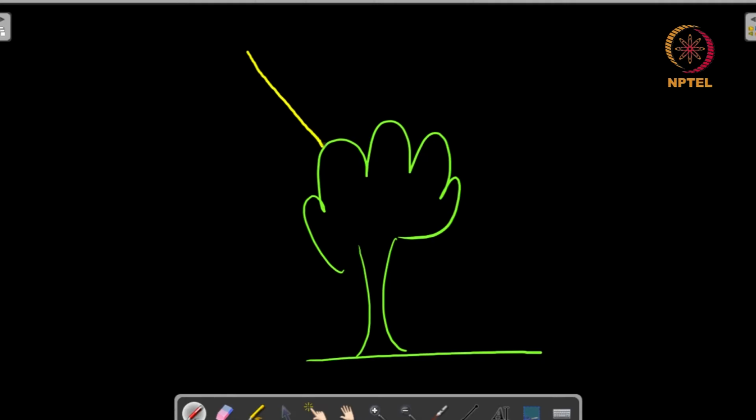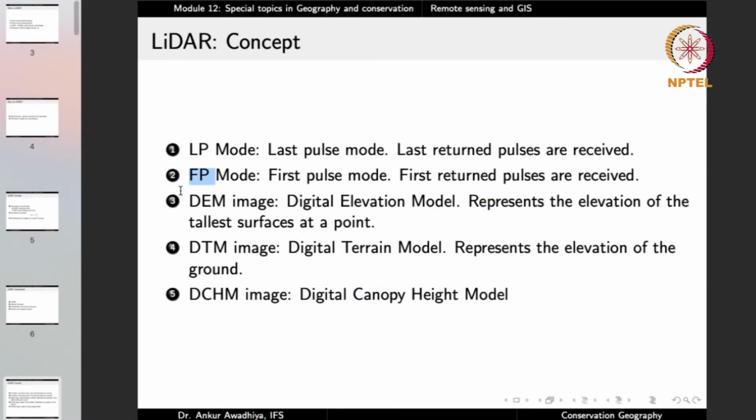Now the first return will be from this point where the pulse is interacting with the canopy, whereas there will be some amount of light that will be traversing and then it will hit this spot and then it will come back. So you have these two different returns of the pulses that you have shot, and with both of these we can compute the DEM, the DTM and the DCHM. Now DEM refers to the digital elevation model,